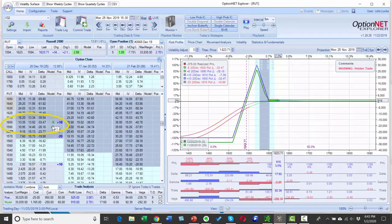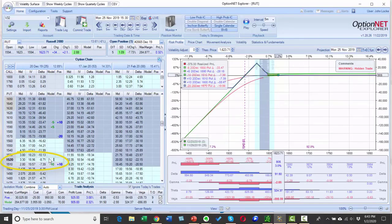Now, when we do that, we have what we call a planned capital in this trade of $35,000, which means the most we're going to allow into the position for a risk to the downside would be $35,000. This does not put us at that risk number. However, we do have regulations in the strategy relating to the upper wing size. When the upper wing gets to this point, when I have to make this adjustment to the upside, to the upper wing, I also bring in the lower wing